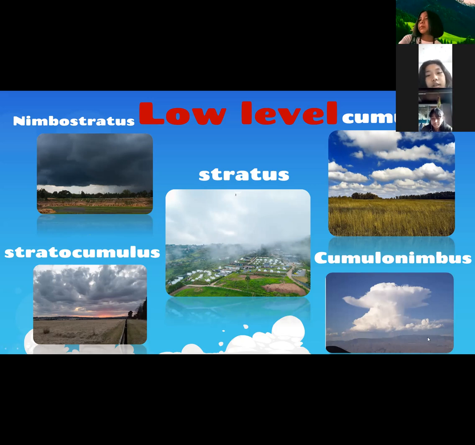Today it is raining, right? If you look outside your windows or your door, you can see that it is raining. So we have the cumulonimbus. Sometimes if there is a storm or a thunderstorm, we can see the cumulonimbus.